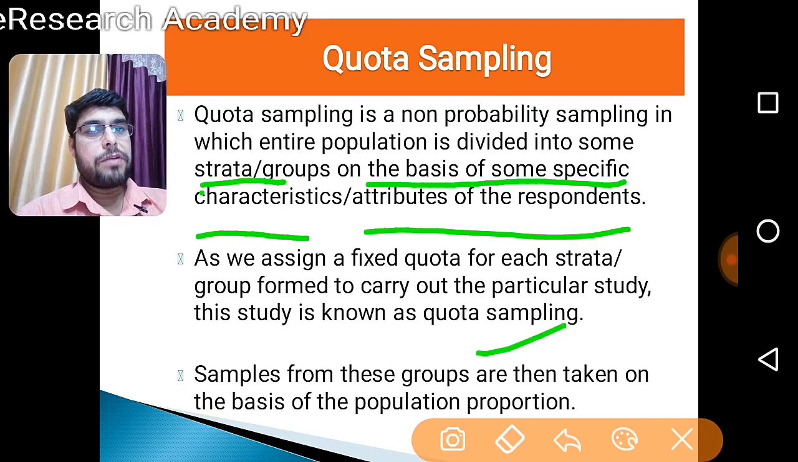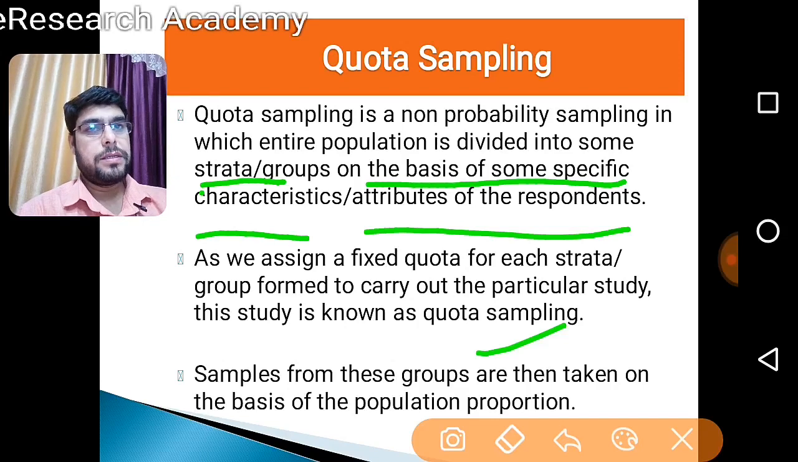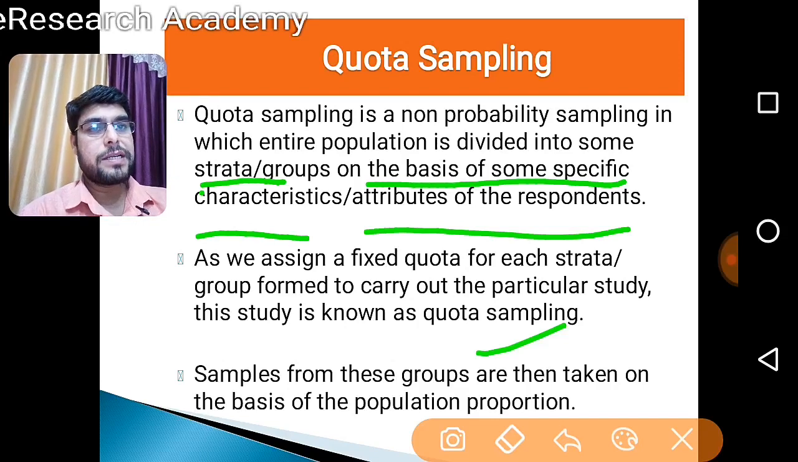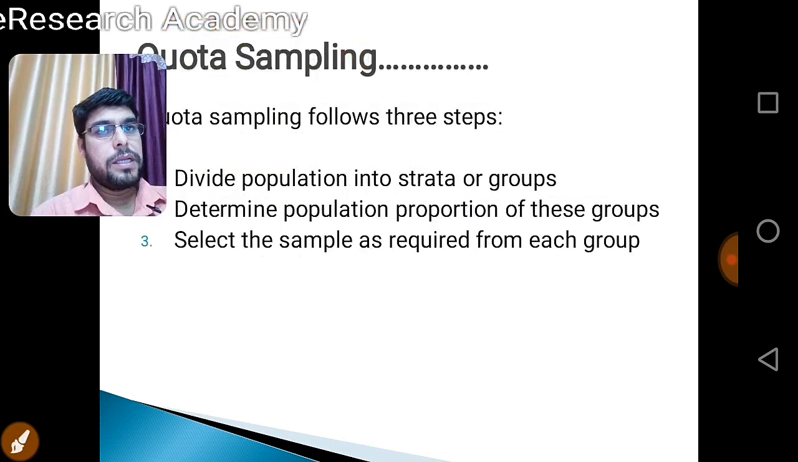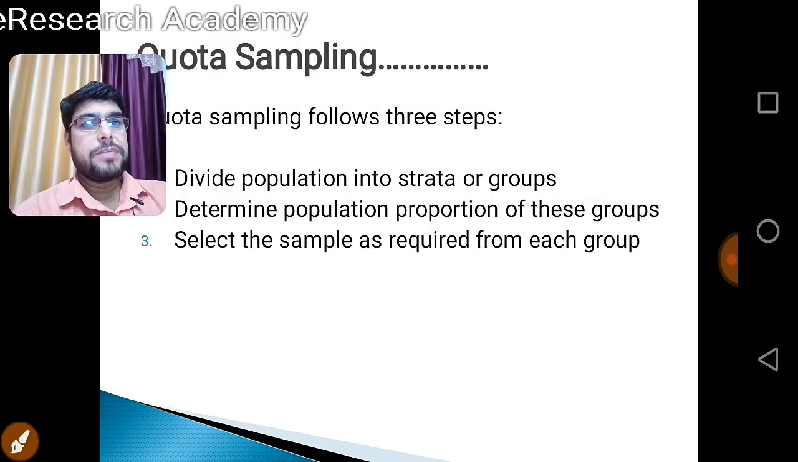Right? So samples from these groups are then taken on the basis of the population proportion. So that is why this technique is quite reliable, as it is a true representation of the entire population under this technique, because the samples are in proportion to the population, right? Okay, so quota sampling is basically